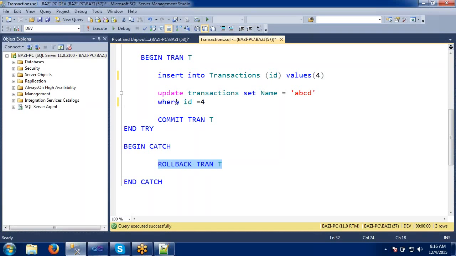The same scenario we are handling here, like a try catch block. When we are trying to withdraw the amount, if we give the password correctly, in the same scenario, say name equals to something, here we will take it as the ATM password. If you have given the ATM password correctly, then it will be committed and you will get the money. If you have given something wrong, I mean your password is wrong, then that transaction has to be rolled back. Nothing will be changed in your banking account. Your amount will be as it is. No debit, no credit. Your account will remain the same.